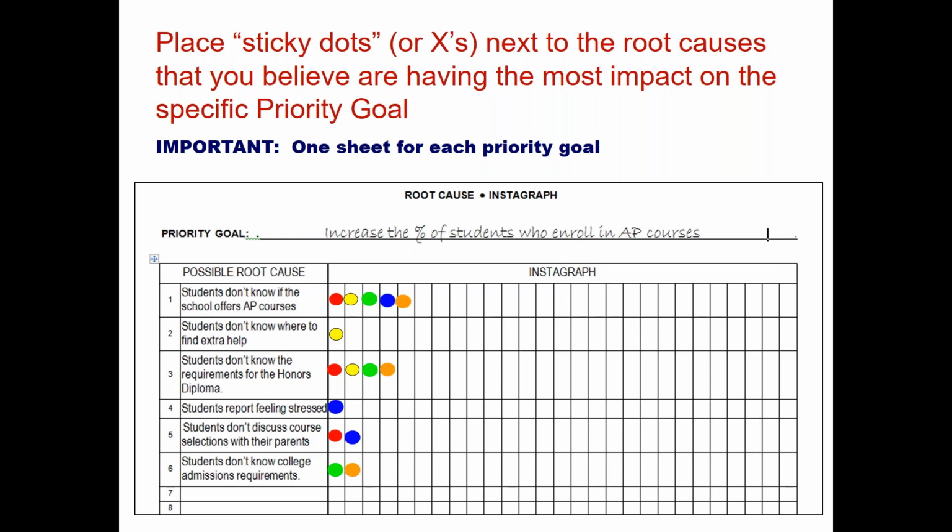So you'll be able to say that one of our root causes for increasing the percentage of students who choose to enroll in an AP class is that the students don't know if our school even offers AP. That's huge. And then you'll say, so we've got that root cause, we've got this root cause. So you're going to identify the main root causes for why students aren't making the choice that you've identified as your hammer goals or your focus goals.